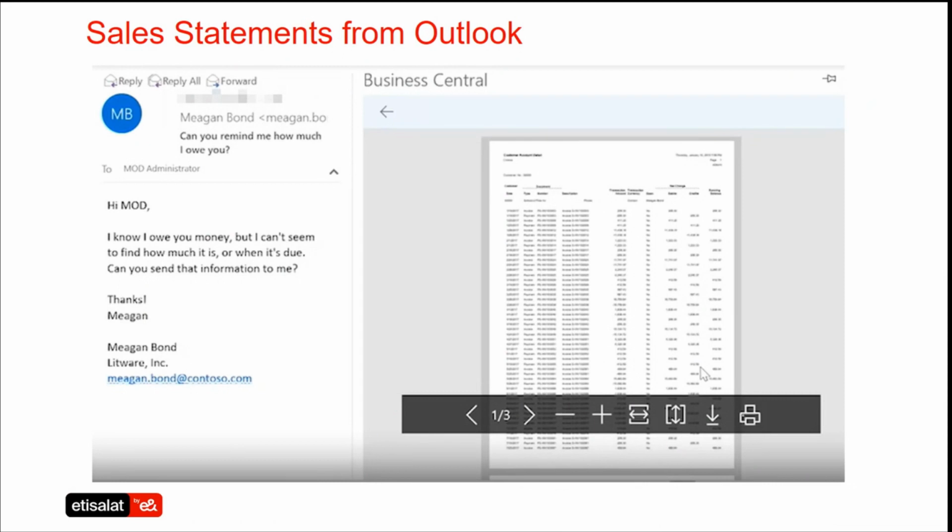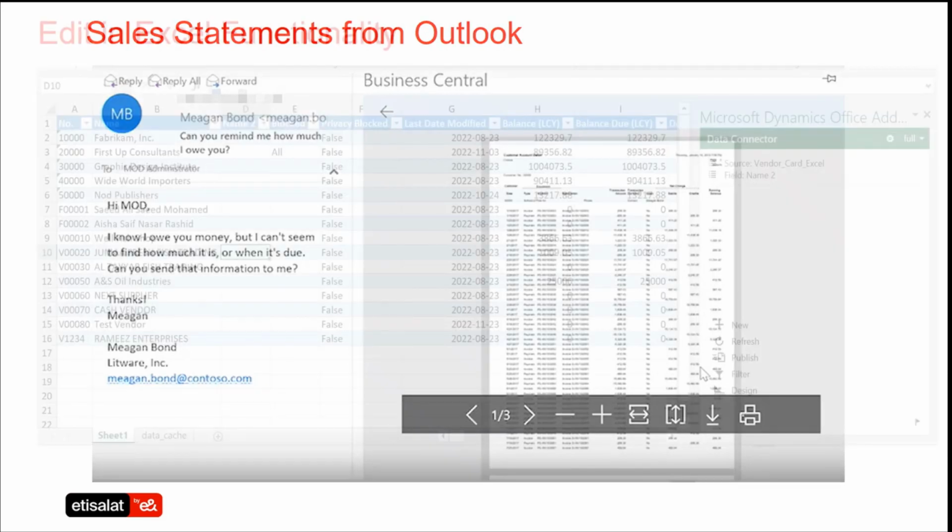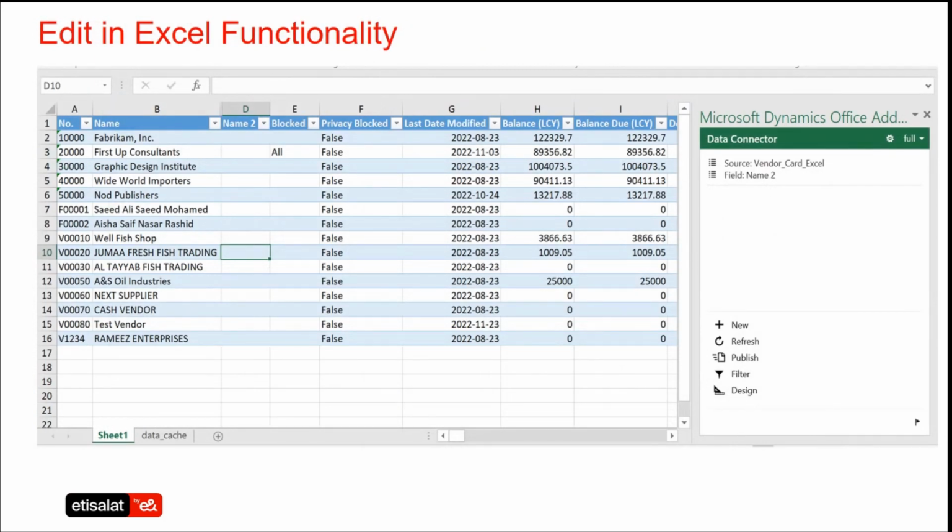But with Dynamics 365 and Outlook integration, you will be able to pull out the reports in a fraction of a second and share them with your customer, making the customer happy that they are able to view what they need from your organization. Since your organization is using an automated, standard application from the market, that is Dynamics 365, you will be able to give this information in a fraction of a second. Moving forward, this is one of the interesting and very cool functionalities of Dynamics 365.